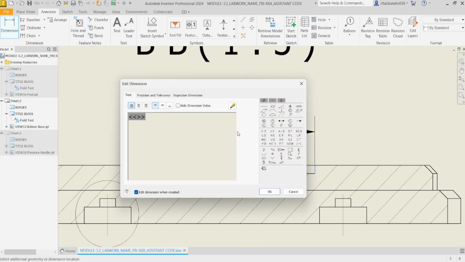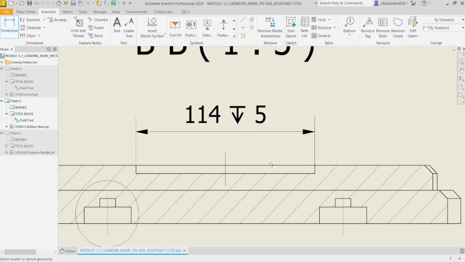Left click and edit dimension text, click space and the depth symbol, space and 5. After that, click OK.